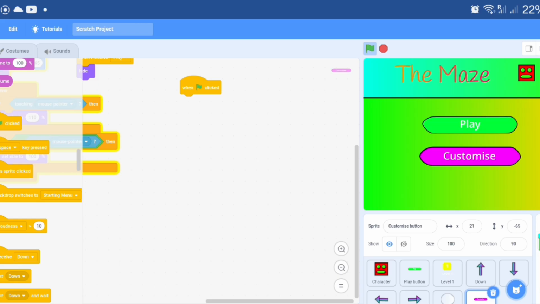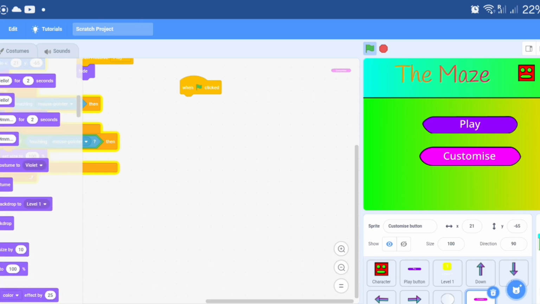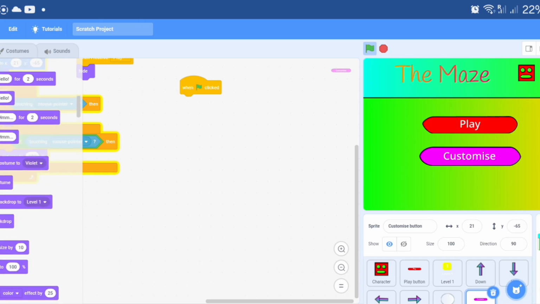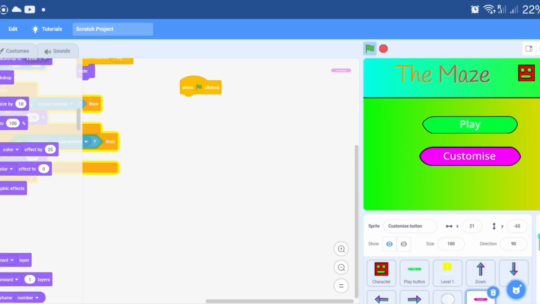So now we're gonna go to motion. Then when flag clicked, we're gonna go back to looks. Then we're gonna do